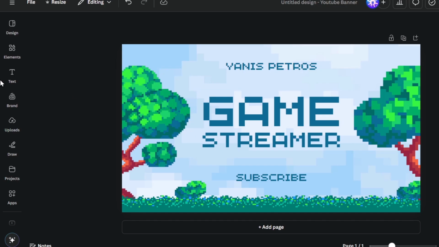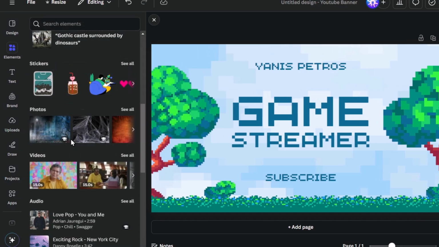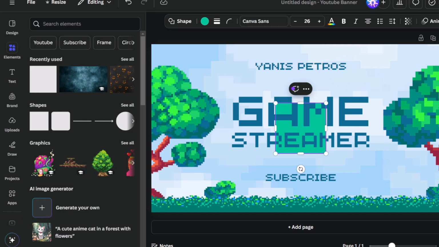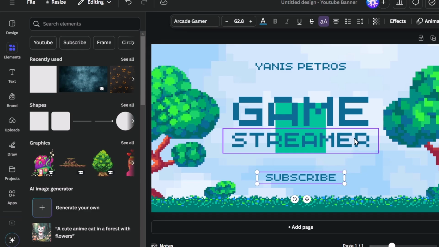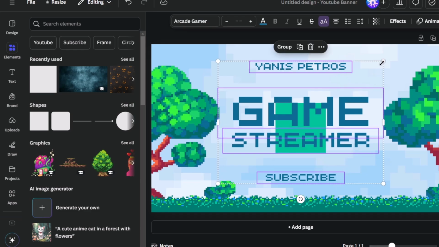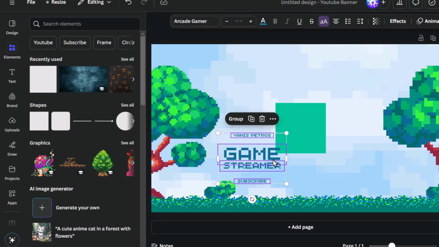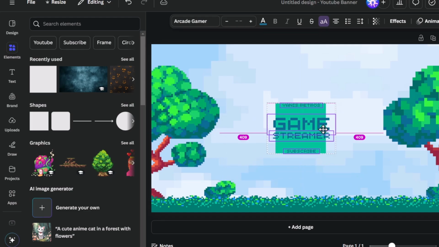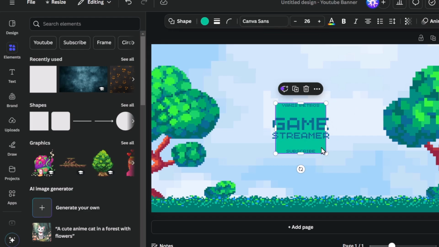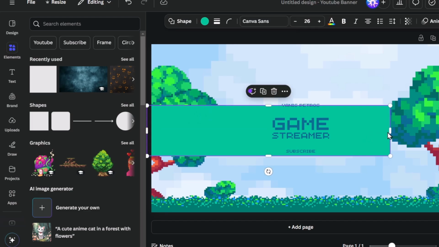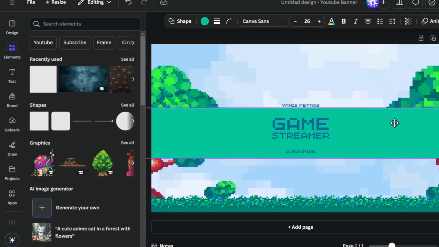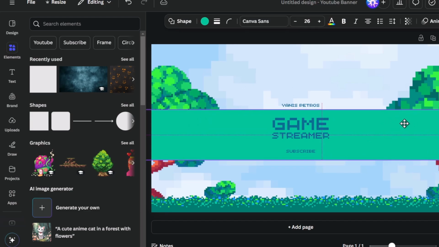So that means that the main area focus of my design should be this small part into the center. So I can just hold shift and make this smaller, because I want to focus only into the center part. I want to make sure that everything looks inside this focus area. So I'm going to be using this center, so I wanted to make sure that this one actually is inside